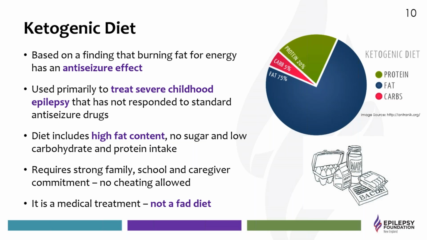But then they discovered that what was helping with the seizures was this: when you burn fat for energy instead of sugar or glucose, your body produces something called ketones, and it's those ketones that change your brain chemistry and have an effect on stopping seizures. So they started it with children in about the 1980s. It fell out of favor when we developed more medications to treat seizures in the 30s, 50s, and 1970s. All these meds came out, if you look at what years they came out in.